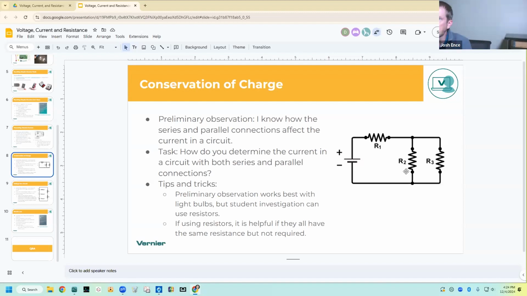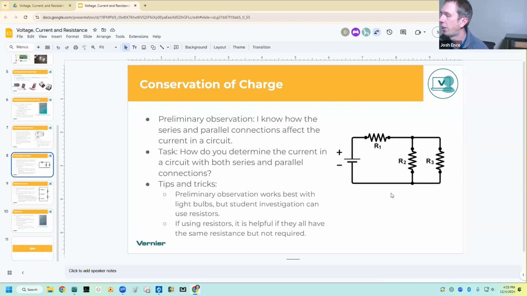You might give them other circuit diagrams. You'll see in the actual lab write-up that's in the folder, they have a couple of options there. They start with this one, and they have a couple of other things they can explore. But now that they know how to measure the current through any one of these three resistors, we want them to measure the current through each of the three, and then add them, and look at those numbers. And ideally, they discover that the total of the current through resistor 2 and resistor 3 is equal to the current through resistor 1.